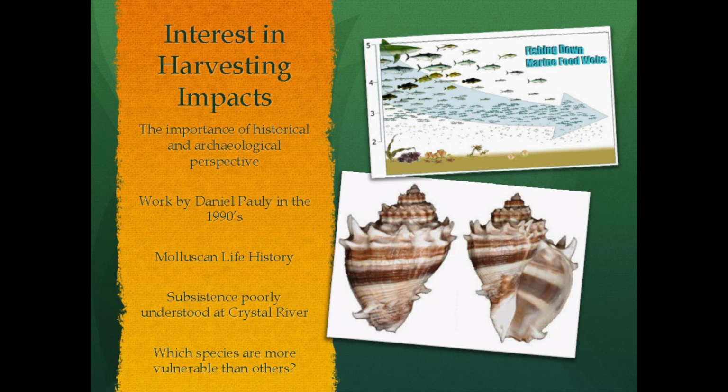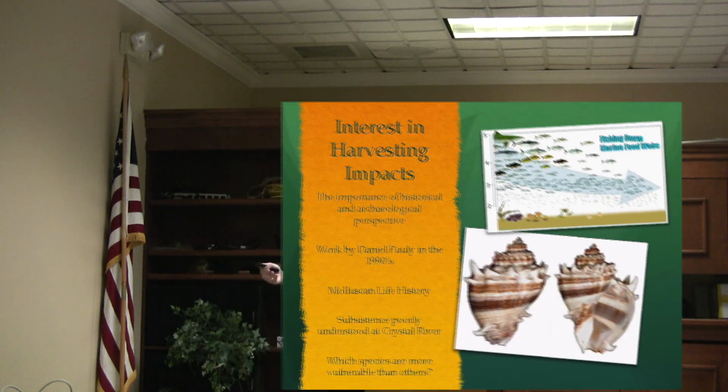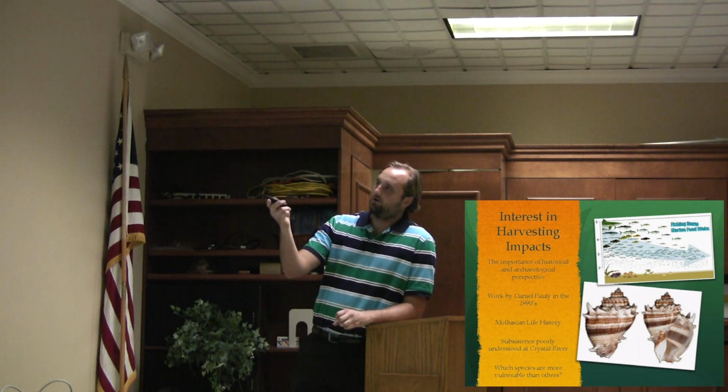So I want to look at these harvesting impacts, but how am I going to do it? Some things we do now that are impacting ecosystems are not going to be relevant to pre-Columbian Florida, right? I mean, propeller scars on seagrass beds. People weren't using boats back then, right? So I'm not going to focus on that. But what people were doing, they were fishing for a very long time, and they were harvesting shellfish. So the first part of my analysis is something called fishing down the food web. It's a modern phenomenon that we have going on right now in global fisheries. And what it is